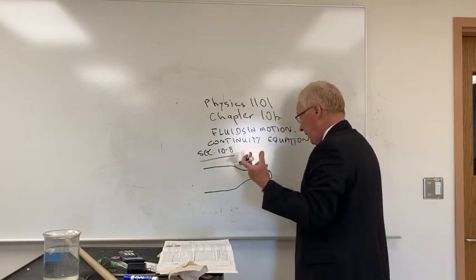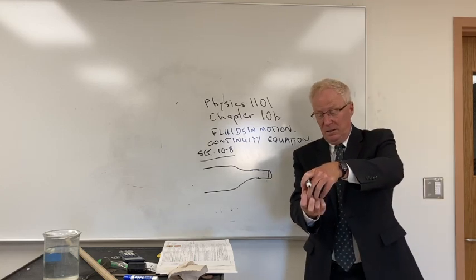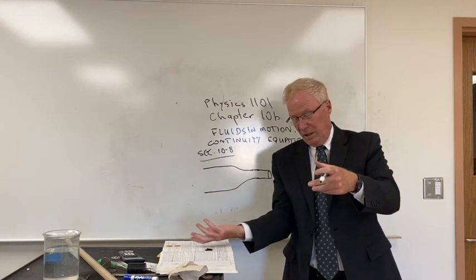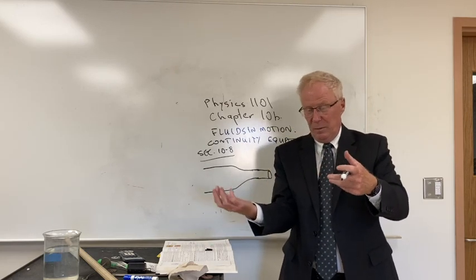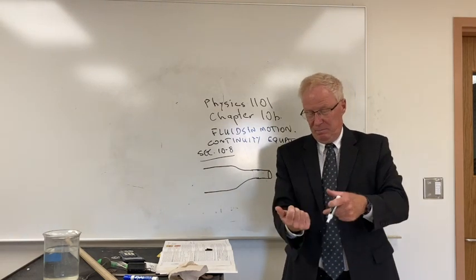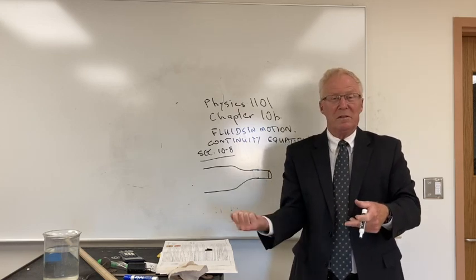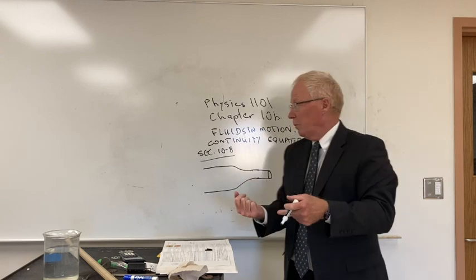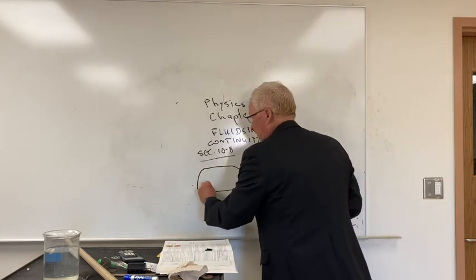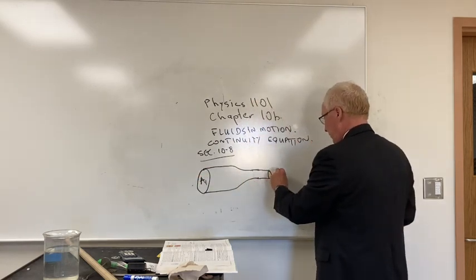You might have this when you have a hose. If you just have the open hose, the water flows out at a certain rate. But if you want it to come out faster, you either get a nozzle to put on it, or put your thumb over it to allow only a smaller area to come out. So if you have an area 1 of a pipe, and it shrinks down to area 2,